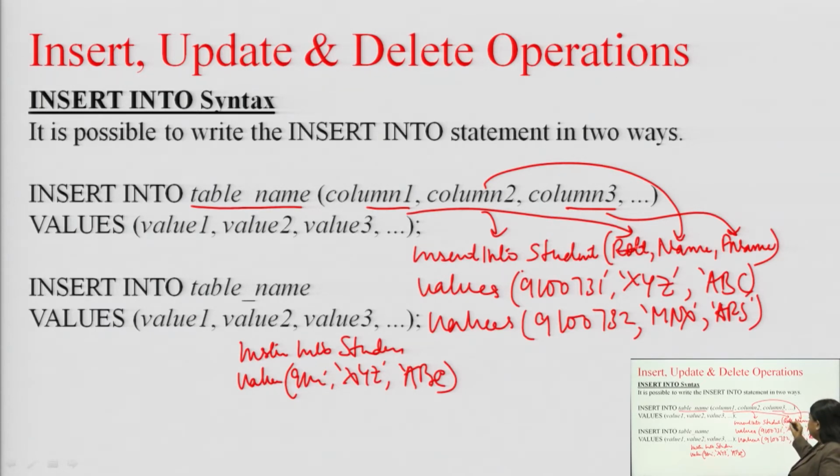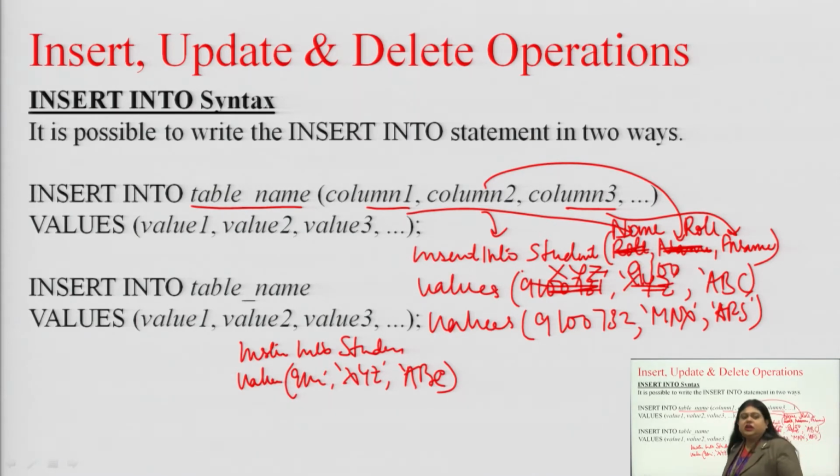In that case what we can do is, over here we can make changes, we can write name over here and we can write roll number over here, and we can make changes over here also. We can enter the name first and then the roll number, right. So, this is how the change can be made when we are using the first method. This possibility is not available with the second method, right. So, this is a basic insert statement.